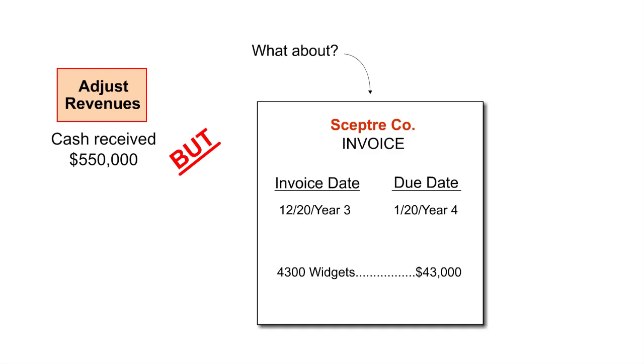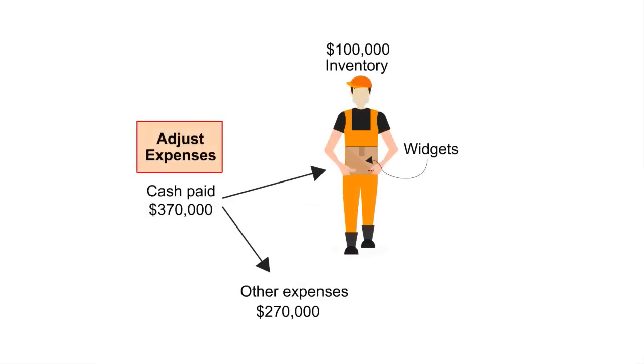So in this particular case, we're going to adjust revenue, but changing the invoice is going to be part of that process. So you'll notice right here, what we're going to say is that we have the widgets that were purchased, and we're going to have to factor that into the process. Then the next item is we have to calculate the accrual basis revenue for the year. So we're going to start there and we're going to figure that out in just a moment. And we also have to look at expenses that have been incurred.